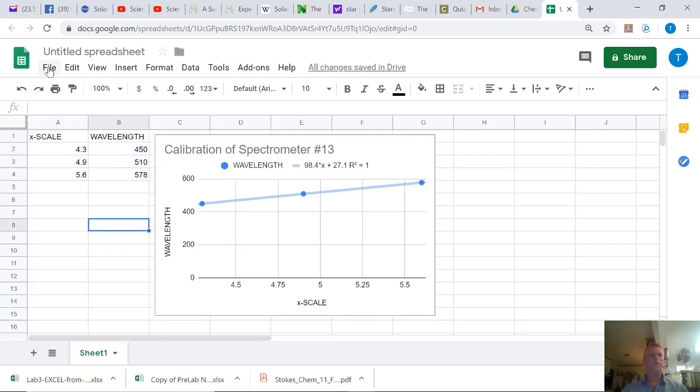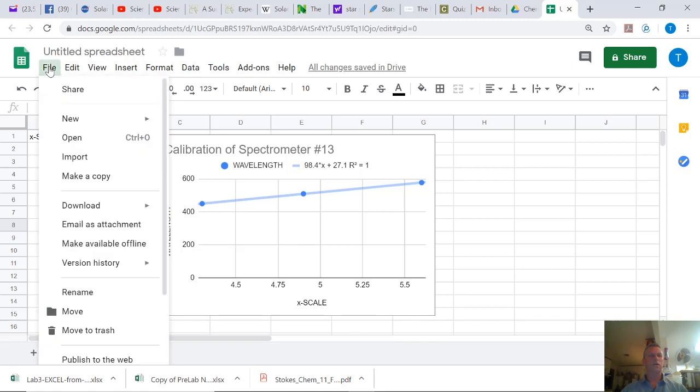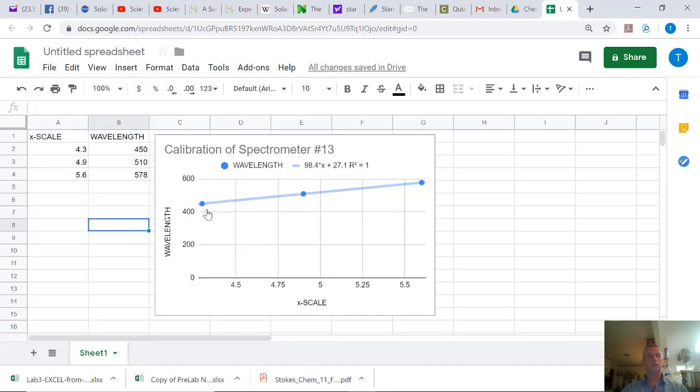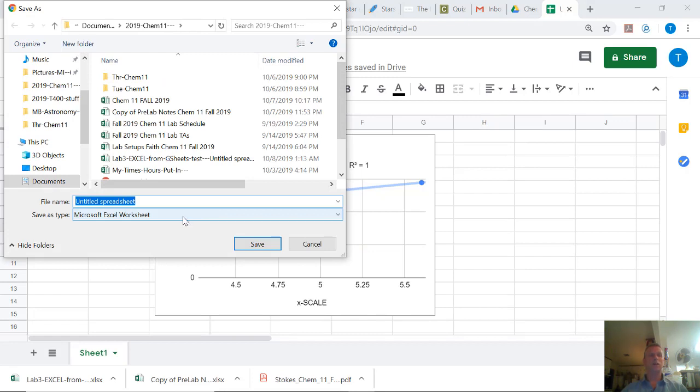Go up here to File. Go to Download. Download Microsoft Excel. Now it's going to be untitled spreadsheet because we didn't give it a title. Now I'm going to put it into this thing. I'm going to kind of rename it. I like to rename it like Test Lab 3